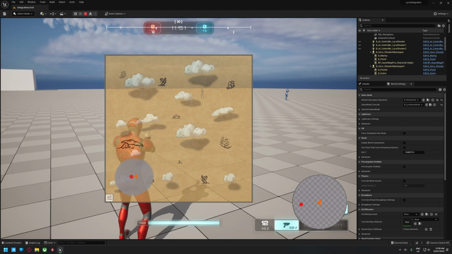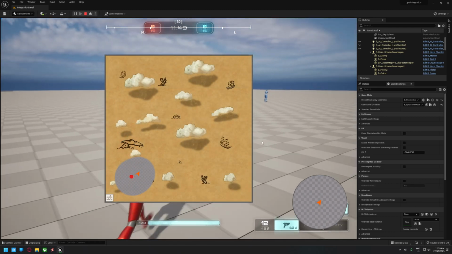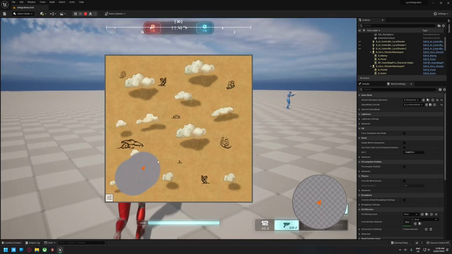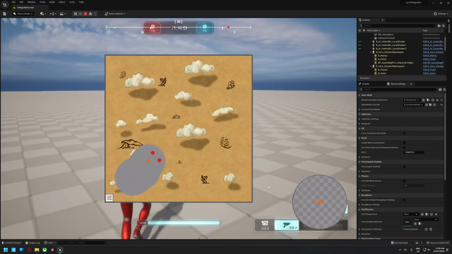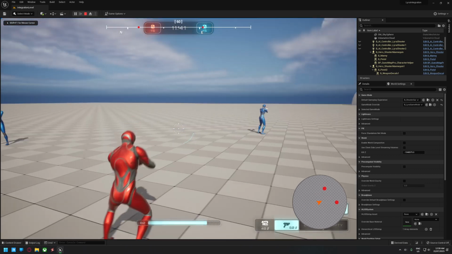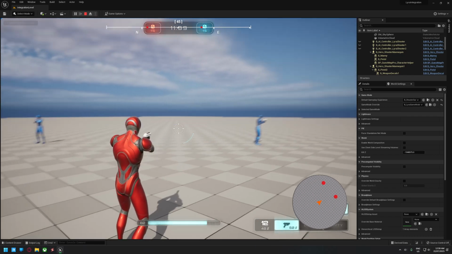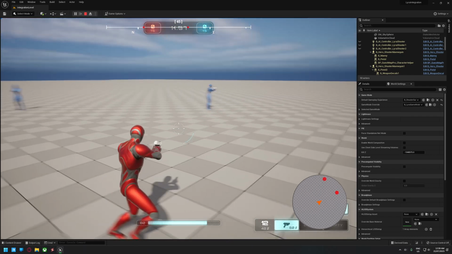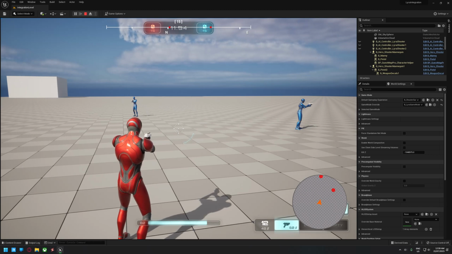If we hit map, we'll see that we've got the fog of war working as expected. You can zoom. We can change the zoom on the mini map. All those things are working as we expected. So that is the bare bones of the integration done. Again, the compass is over the scoreboard, but you would change that all once you integrate it into your own